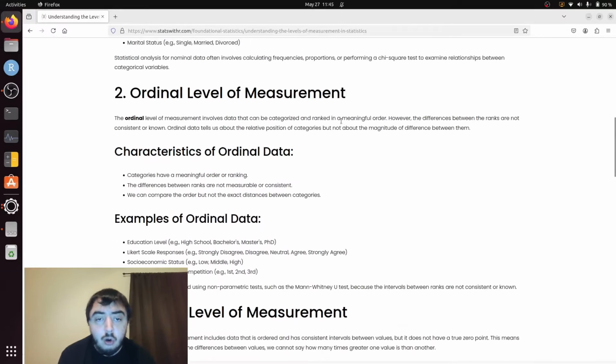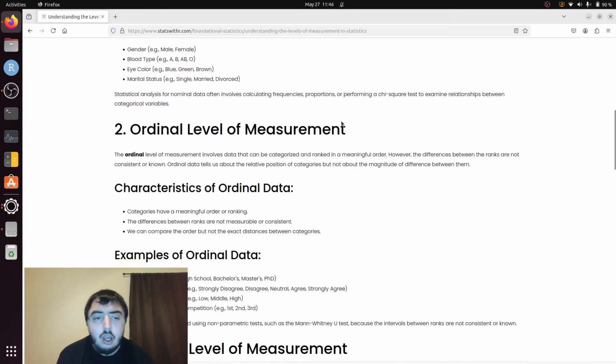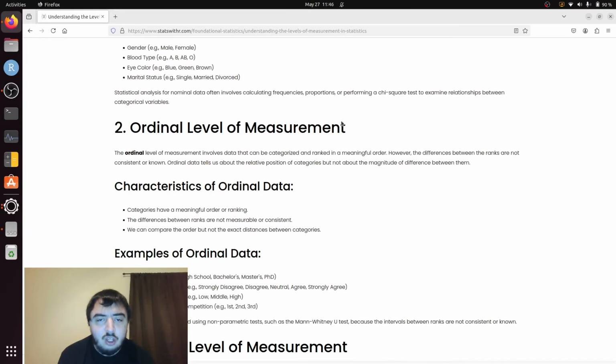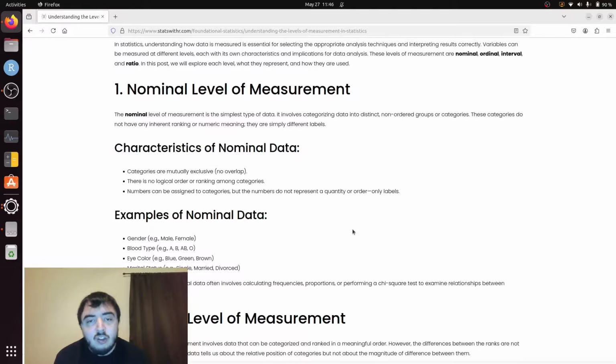And so, ordinal and nominal require different analysis. It's not meaningful to do an ANOVA or a t-test on an ordinal level of measurement. That's the outcome. Of course, you can have an ordinal level of measurement defining categories, and you can have a nominal level of measurement defining groups. Like, you could have one group male, one group female, and you can look at height. But I'm talking about outcome, not predictors.